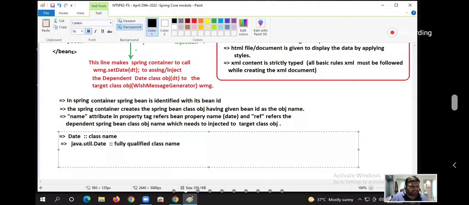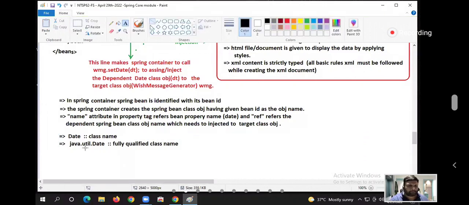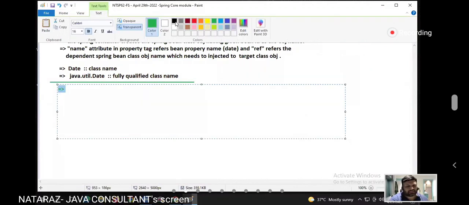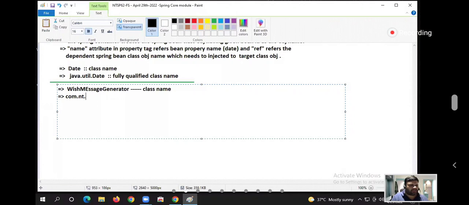Next, the WishMessageGenerator class name: com.nt.sbeans.WishMessageGenerator.